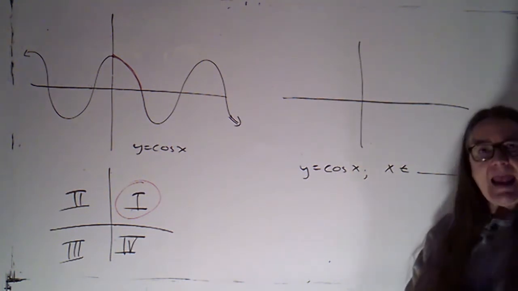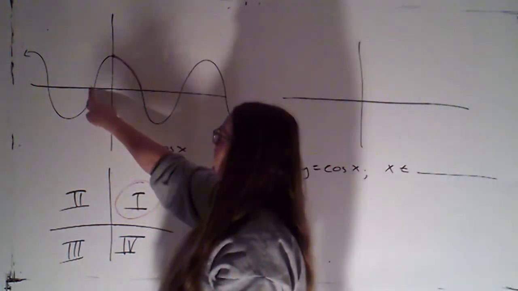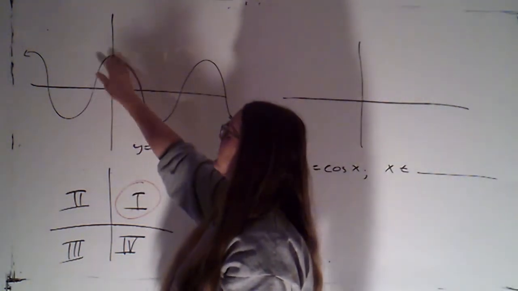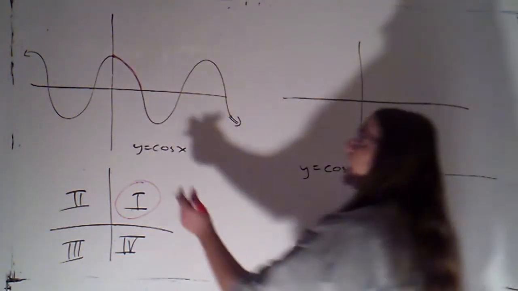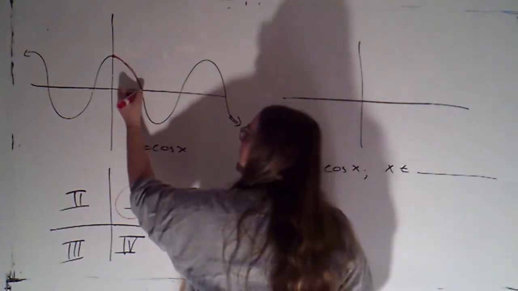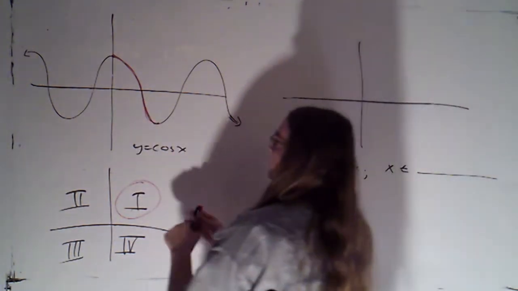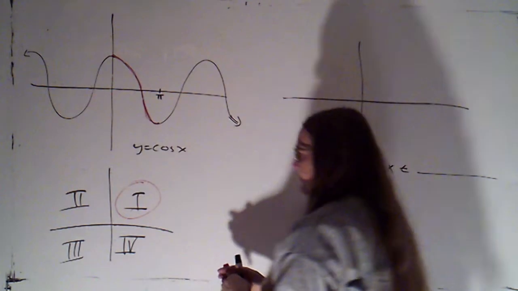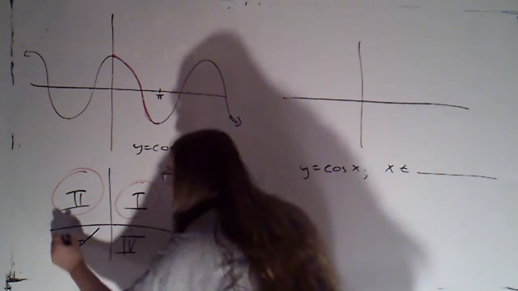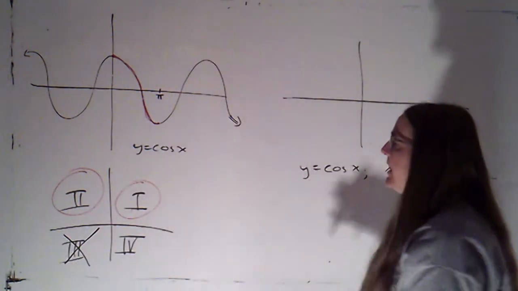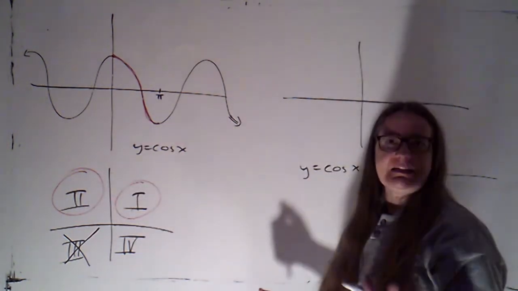That gives me that piece of graph. Now I can see here I can't make the same choice that we made for arc sine. There we chose quadrant 4, going from negative pi over 2 to 0. But if I chose that, we'd repeat our positive values instead of getting our negative values. So if I want the connected piece of graph where I get the negative values, I'm going to want to come here. So I'm going to want to go from pi over 2 to pi. That corresponds to quadrant 2. I wouldn't want quadrant 3 because I want to get a connected piece of graph. If I just look at quadrants 2 and 4, 2 is the only one where cosine is negative.